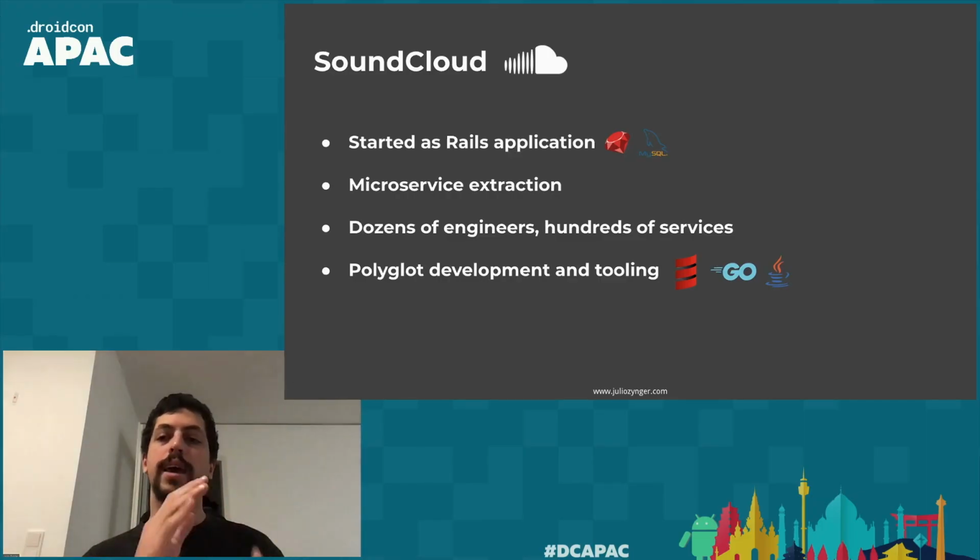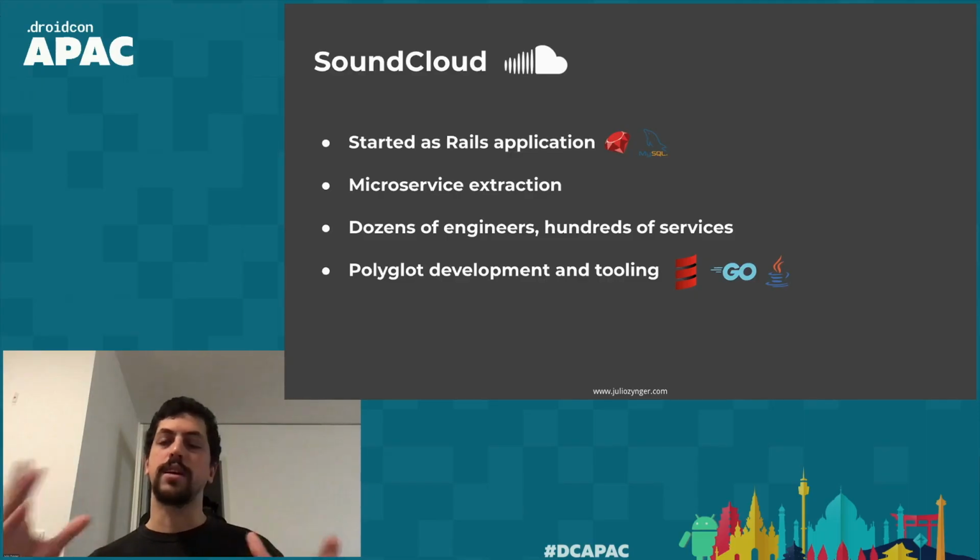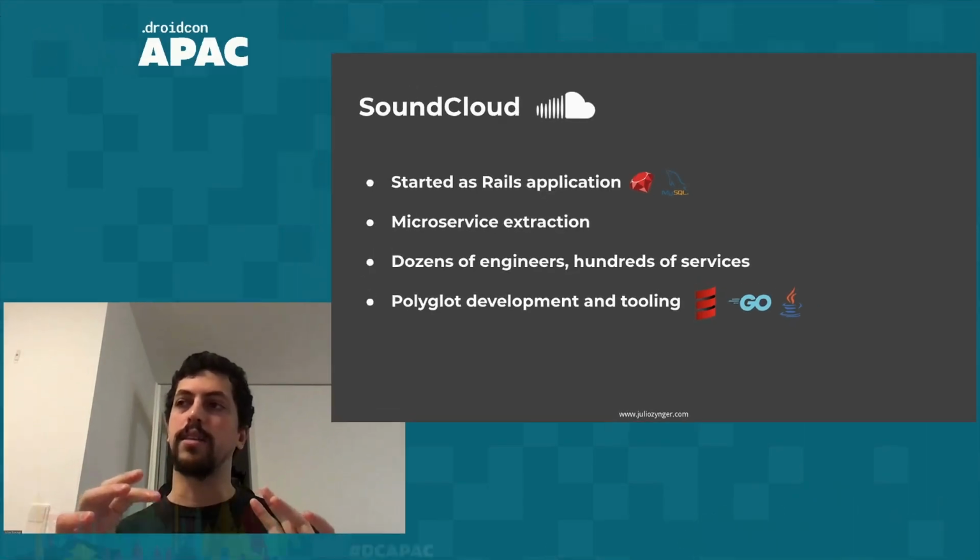We created API gateways for our clients to talk through, and since the beginning, of course, we introduced more clients. So not only the website, but the Android and iOS apps, and then other apps that also integrate with our backend. By now, we are dozens of engineers, with hundreds of services running in production, serving millions of requests every day. And with the microservice architecture, our organization also changed in how we set up the teams